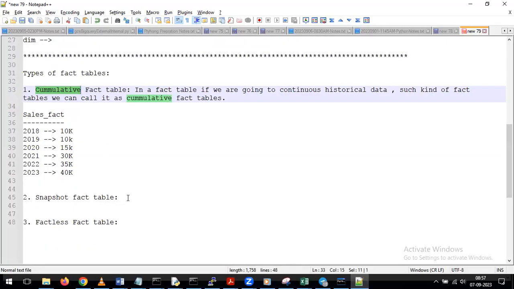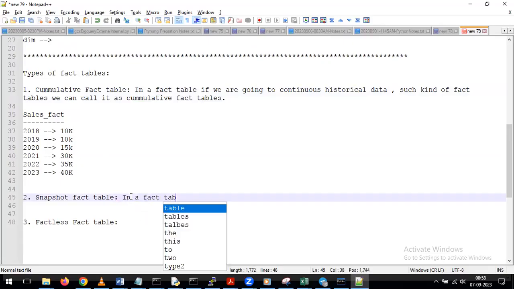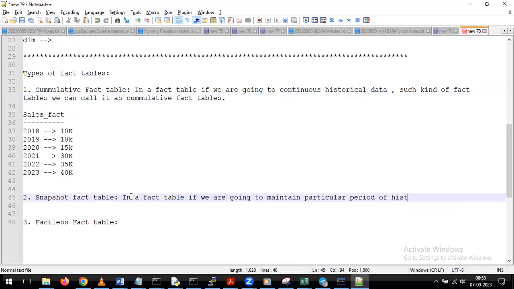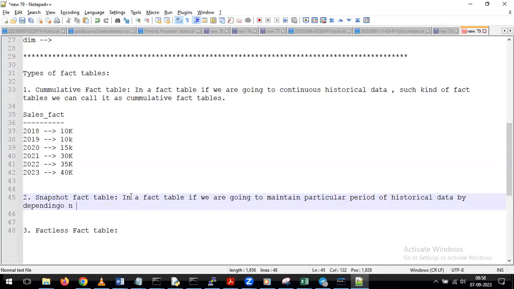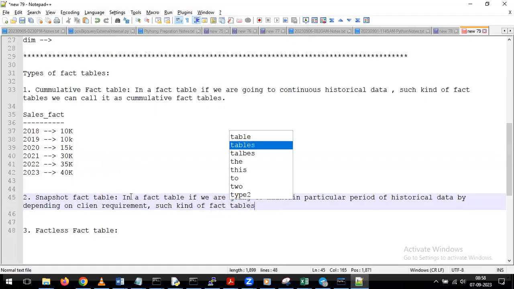Any guesses what is the meaning of the snapshot fact table? I know we didn't discuss this topic, but any guesses from your side? Only this year and previous year. Yeah, we can say, in a fact table, if we maintain a particular period of historical data depending on client requirement, such fact tables we can call